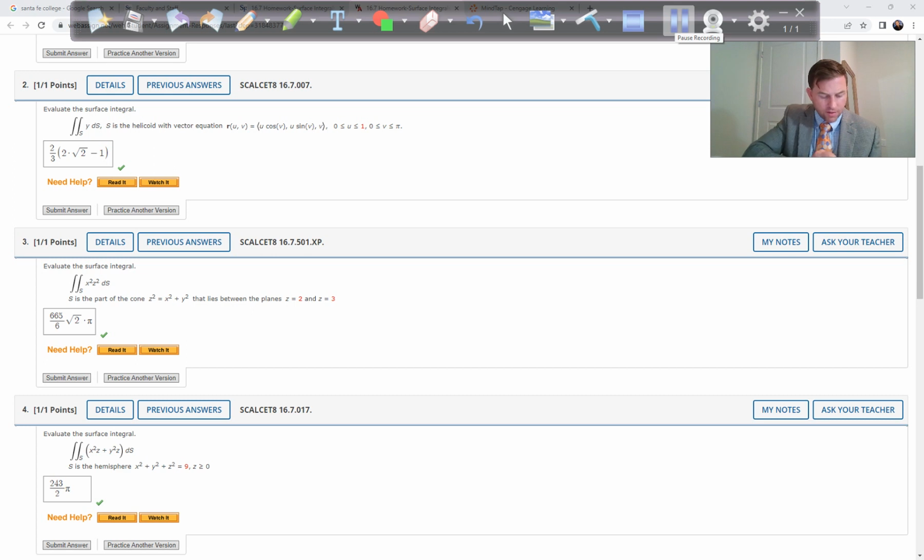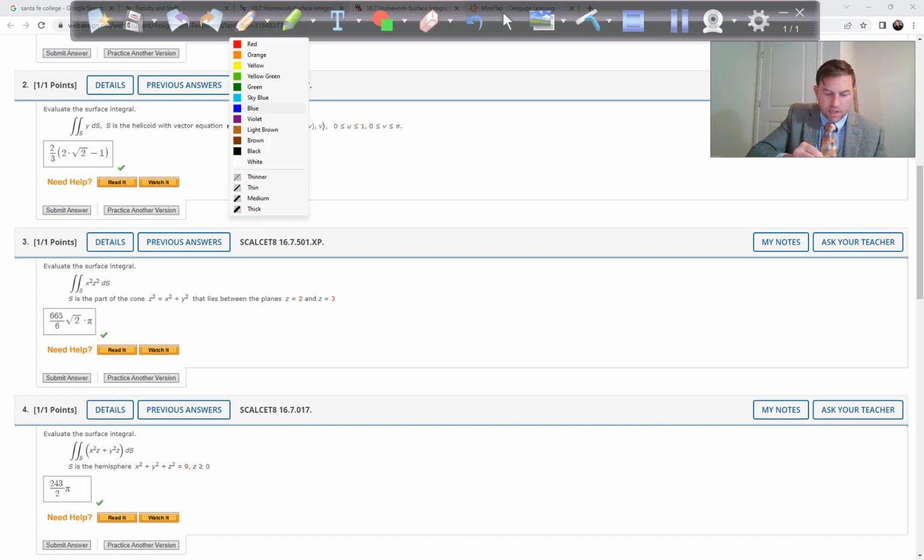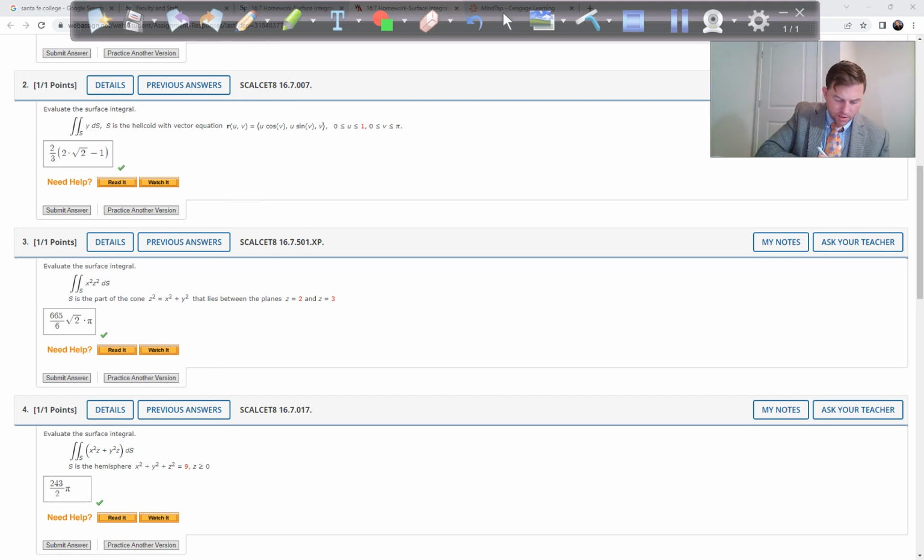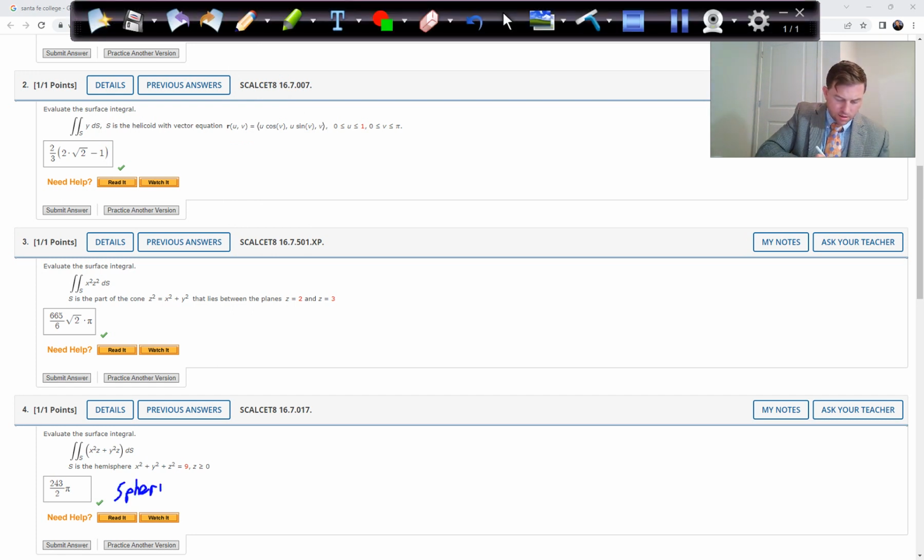Okay, in problem 4, we've got this surface integral of x squared z plus y squared z, where S is the hemisphere x squared plus y squared plus z squared equals 9. So this is a sphere. So we're going to think spherical coordinates. And in spherical coordinates, your r vector, which will be a function of phi and theta, is equal to rho, which is the radius of the sphere,